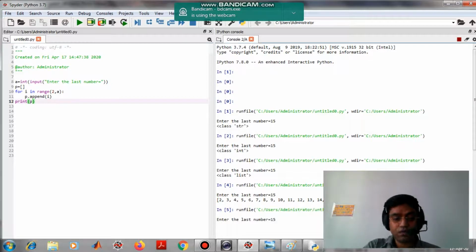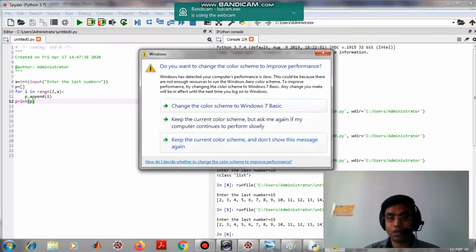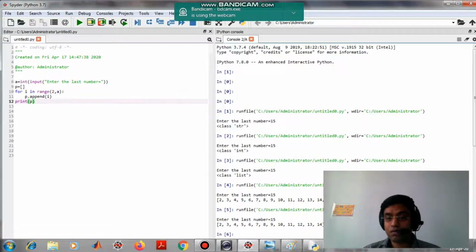Up to 15, the last number must be 15, but we are not getting the last number. So we can debug here to find where the problem is. Our mistake is here.